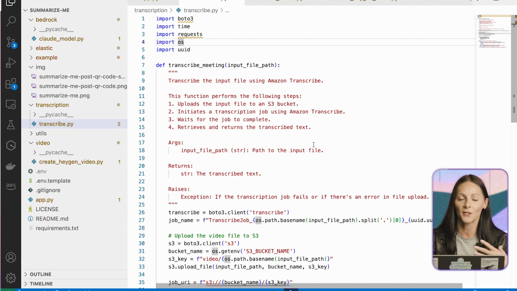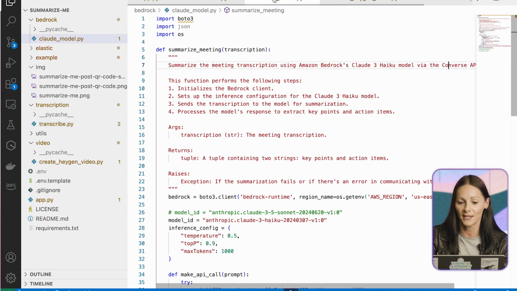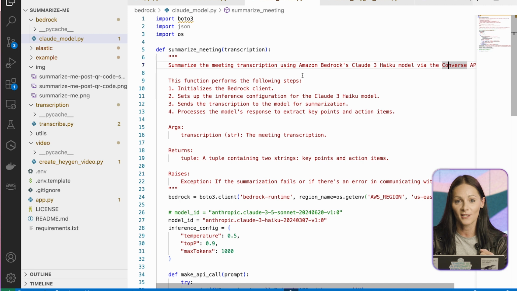And while you're creating using code assistants, you can iterate, right? The first version might not be exactly what you look for. In my example, it was too specific to the input file, and I wanted it to include different possible file types that Transcribe supports. So I did a couple of iterations there, which you can do together with the code assistant. And then once I was happy with everything, including the code that calls the Claude model, for example, the first version of this code used the InvokeModel API. I wanted it to use the Converse API. So I iterated a couple of times, and then I ended up here with this code.